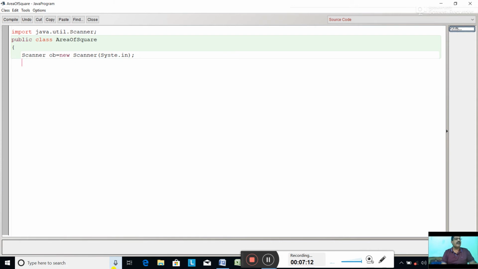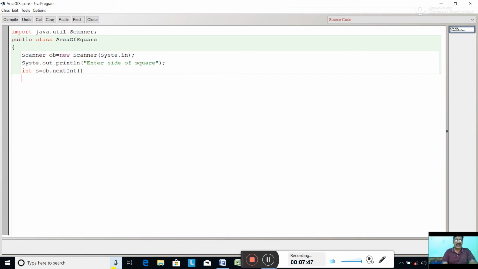Now give a message to input the side of a square: System.out.println, Enter side of a square. Now take int s equal to ob.nextInt(). So these two lines will input the side.